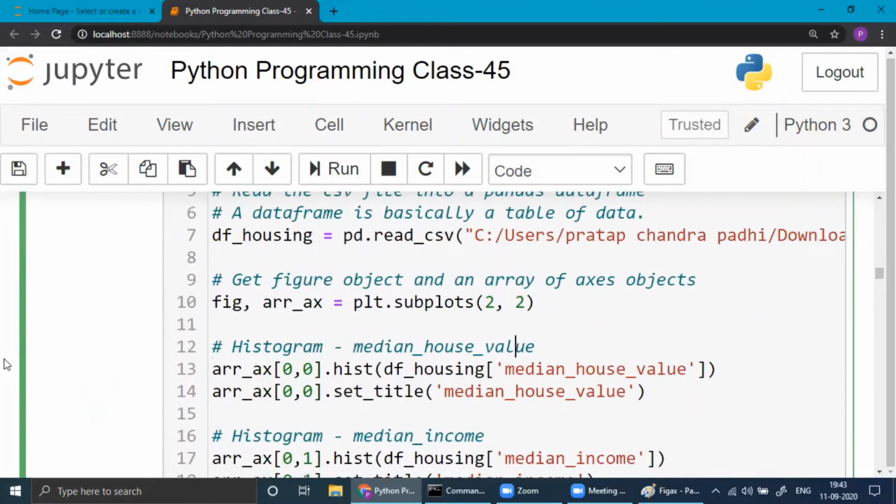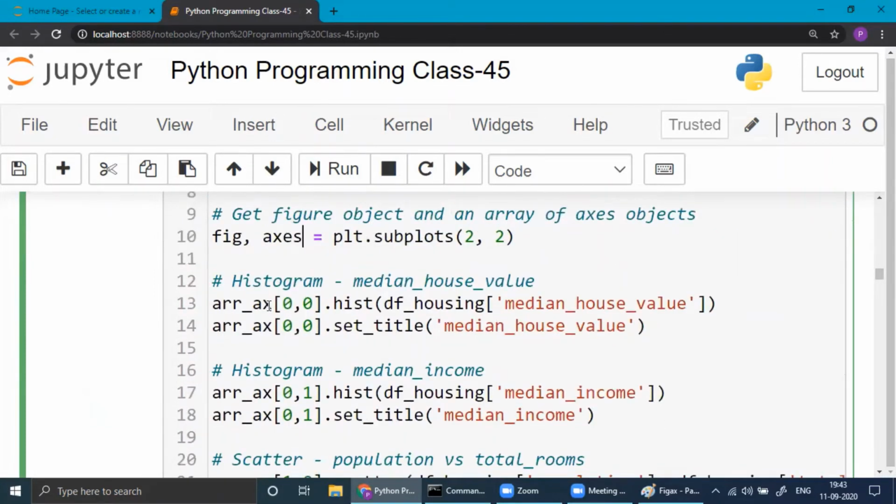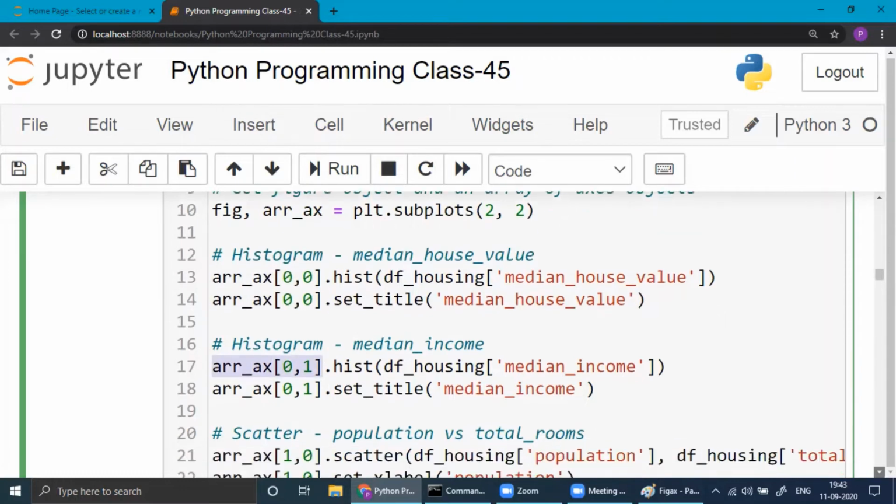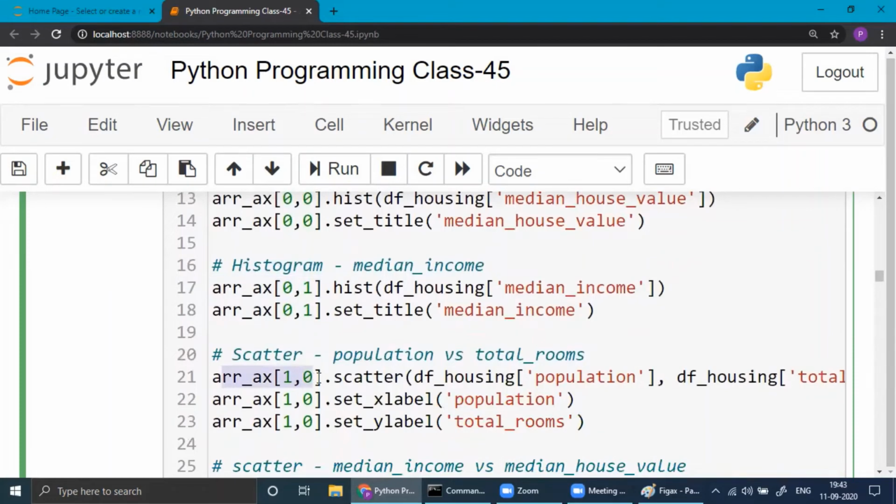What extra do we have here? Now, this axes we wrote there. Here it's written array, so that you will be able to know that this is an array object type. So this is an alternative. You can write 0, 0. Once only we have written. This is for setting the title. So we have used 0, 0. You can write this way as well. Then 0, 1. Then 1, 0. And then 1, 1.